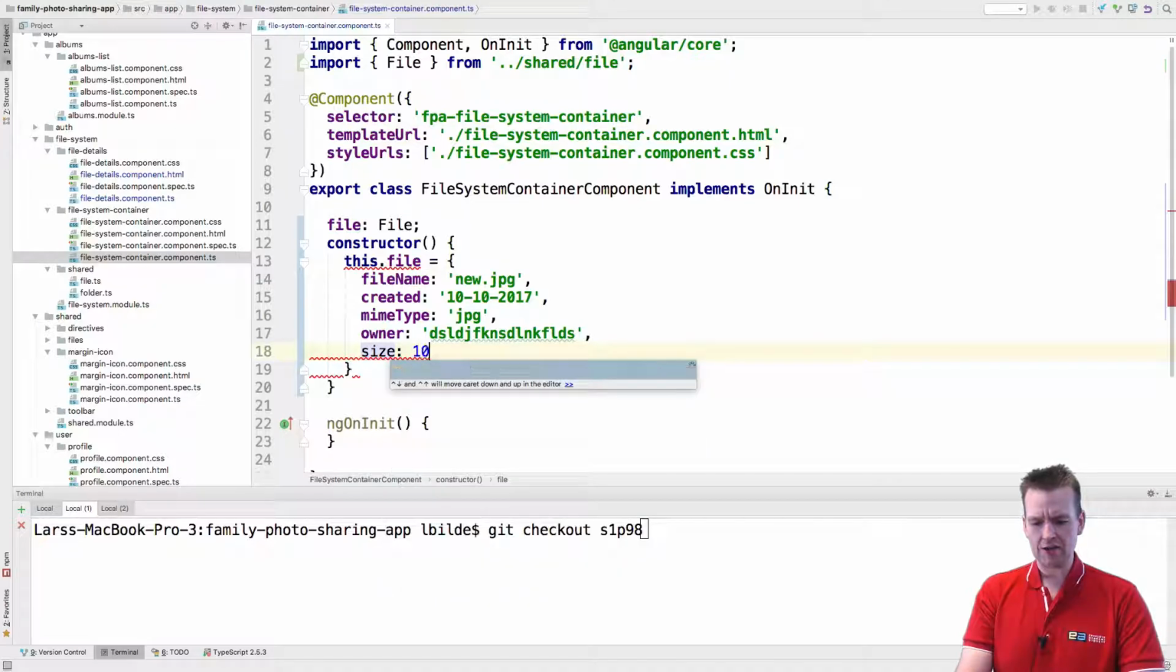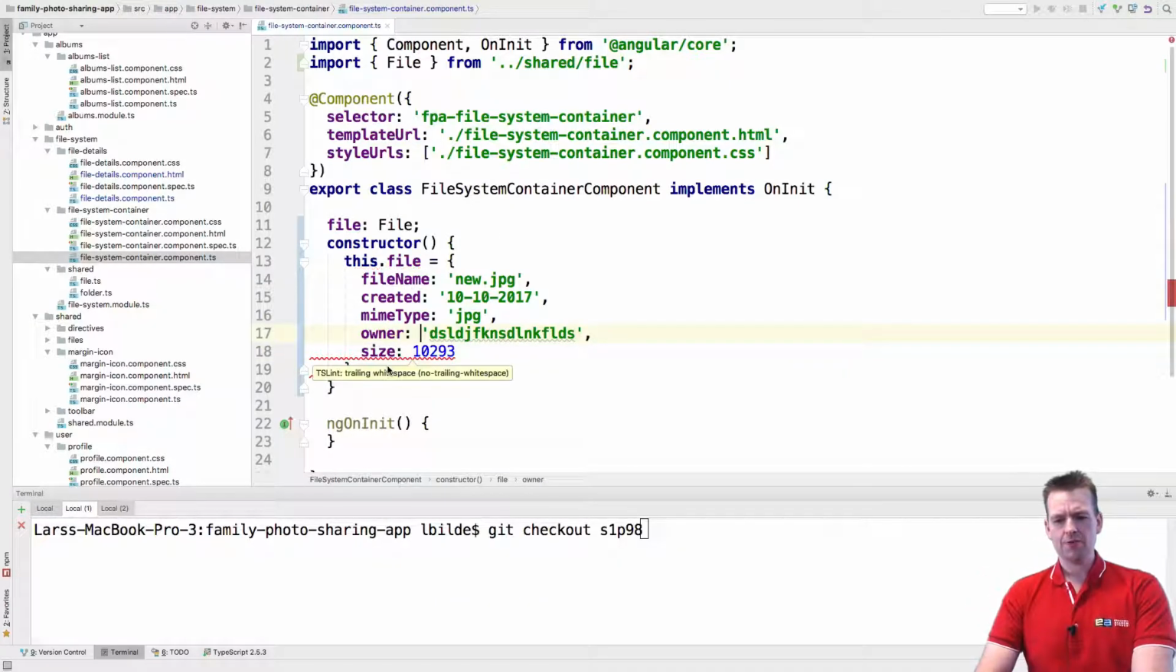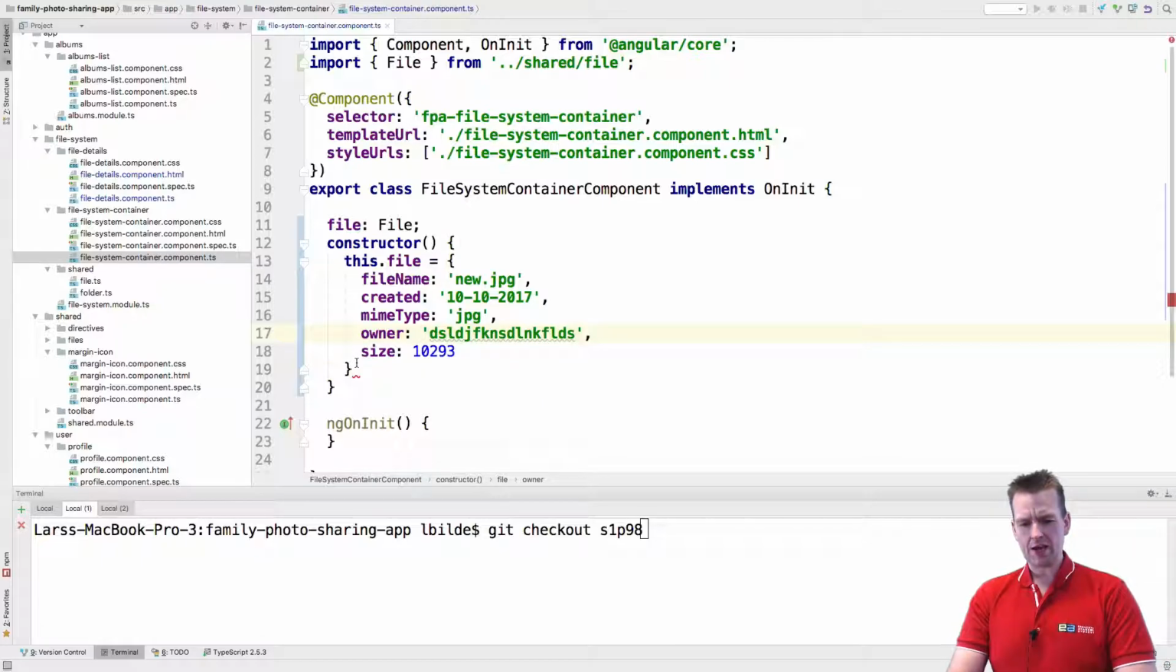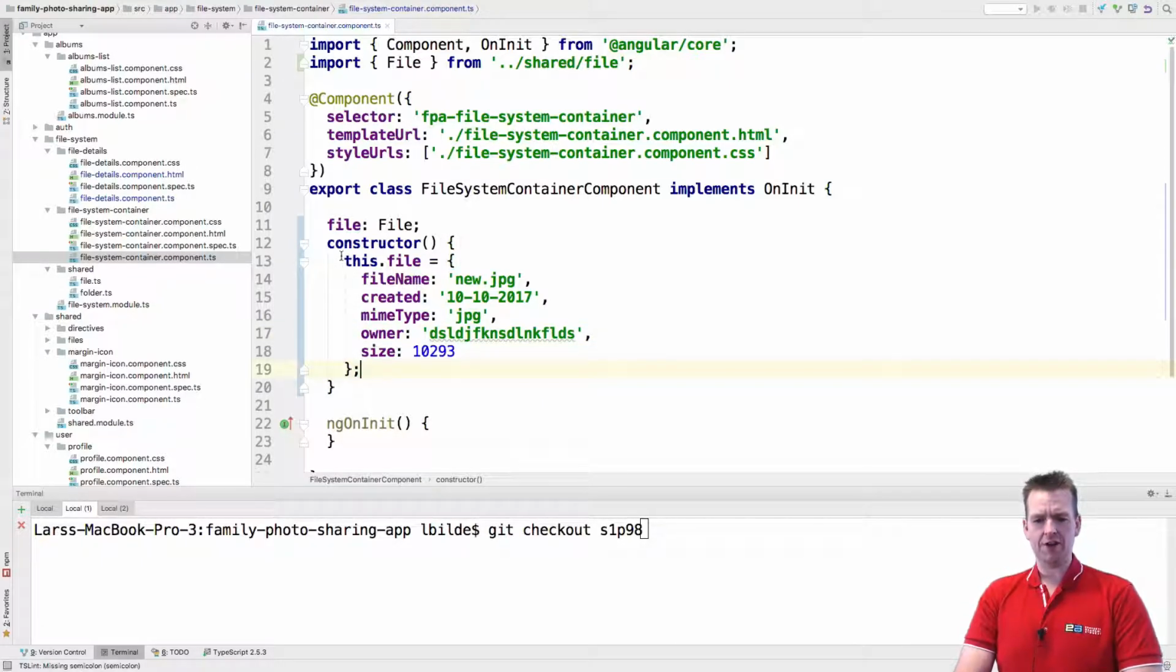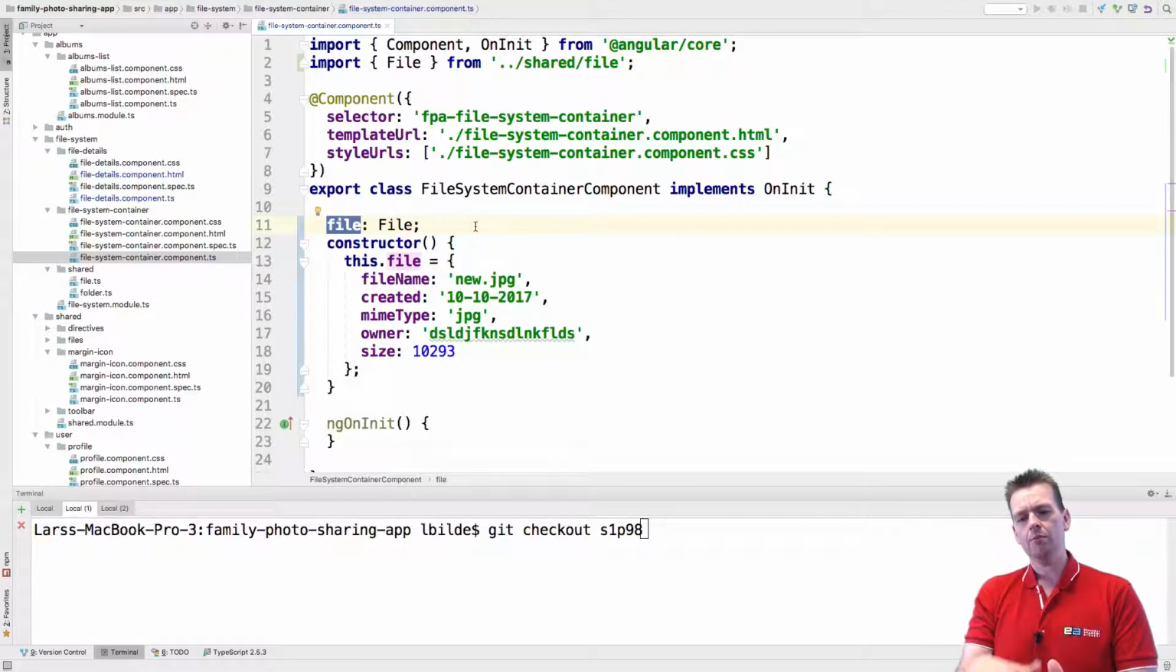And let's just write something like this. That should be a fair size right here. And let's just end this. So now we have a file right here available inside the file system container. Now the file is not going to come from this area. We're going to send it in from a folder later on. But just to again give you guys an idea about how we actually pass in a file to the file